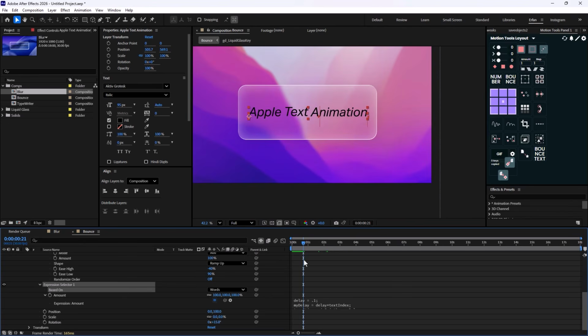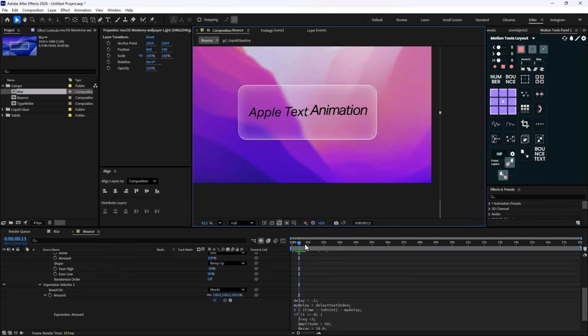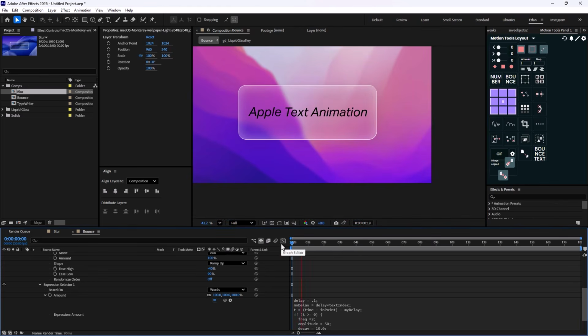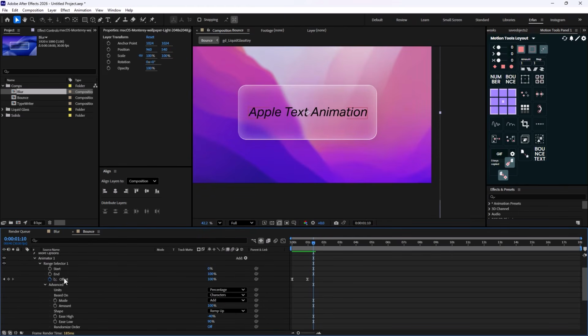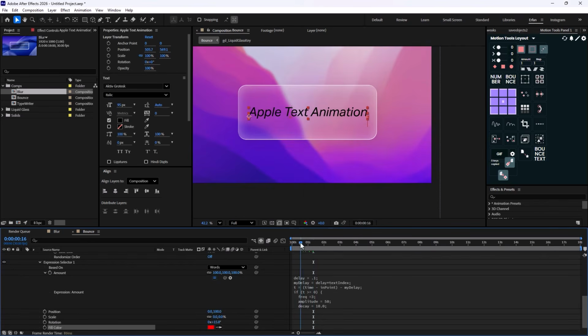But as you can see, this animation is a little bit rough in here. In order to fix that, you need to open the expression and then in amplitude section, we're going to just tune down the amplitude to 50. And this will give us the better animation that we want for our text animation. Also, you can just go into the advanced menu again. In add menu property, you can add a fill color to make it a bit more interesting.